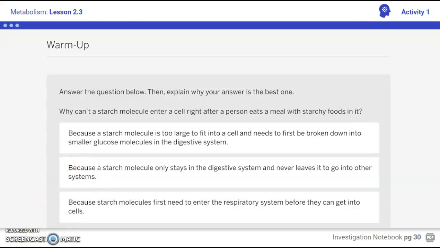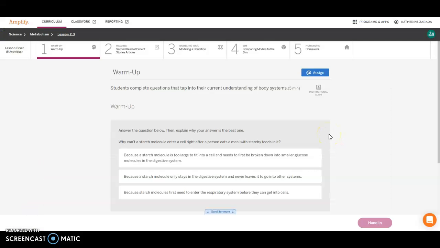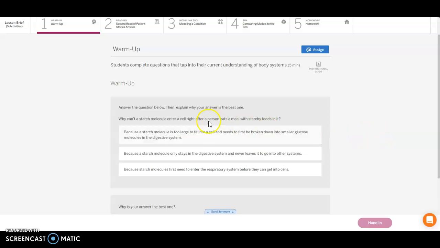So I jumped over to Amplify so that you can see the question. You're going to answer this question: Why can't a starch molecule enter a cell right after a person eats a meal with starchy foods in it? And you're going to choose one of these answers: because the starch molecule is too large to fit into the cell and it needs to be broken down into smaller glucose molecules in the digestive system,